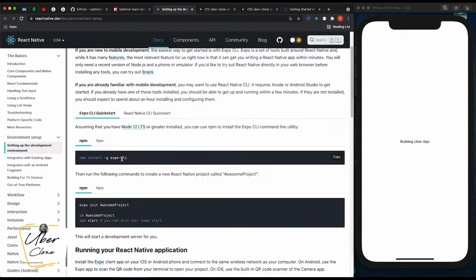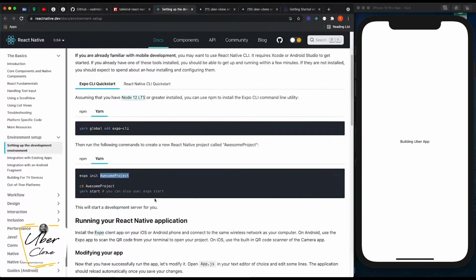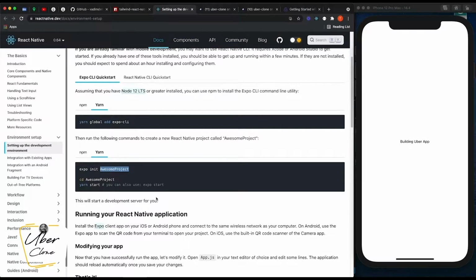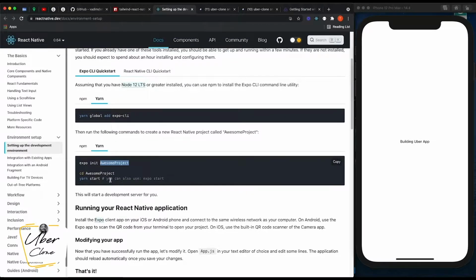So the first thing you need to do, if you haven't installed Expo CLI on your machine before, is just run this in your terminal. Or if you use Yarn, you can run Yarn Expo. When you're done running this code, you can use expo init and your project name here, and that way you start. When you initialize that command, it takes its course and creates a project folder for you. So you can now go into your project folder and use yarn start or npm start or expo start